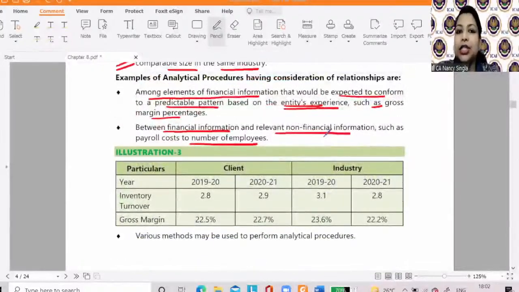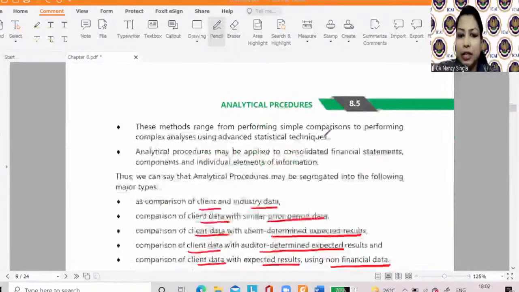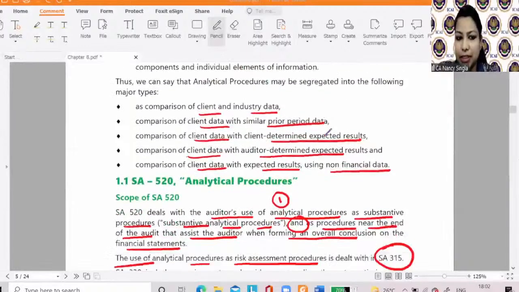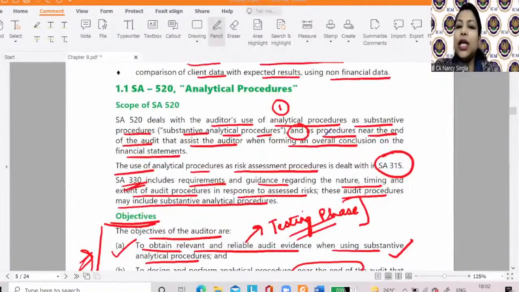And in consideration of relationships, we saw that not only among the elements of financial information can these analytical procedures be applied, but also, second point, what? Financial data and non-financial information. For example, the number of employees, the interest rate, the examples that we discussed. Okay? Then we saw that when the auditor is performing analytical procedure as a risk assessment procedure, it is dealt